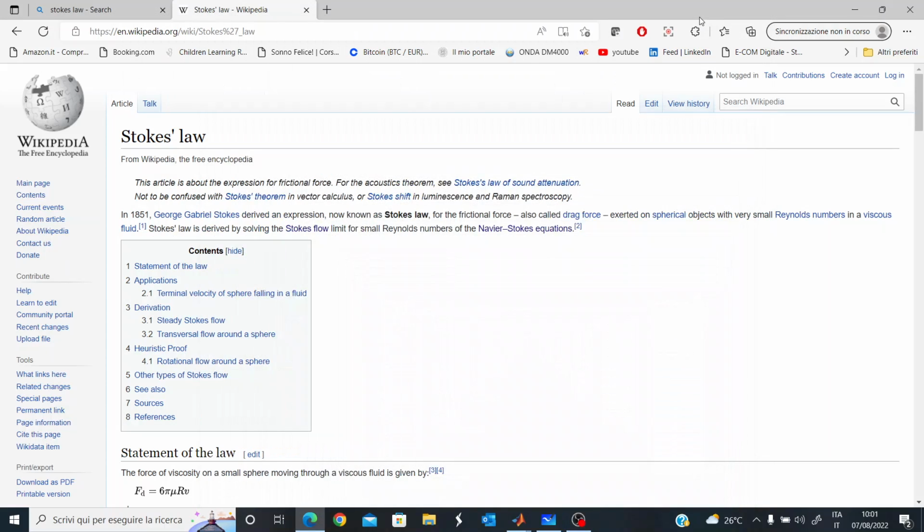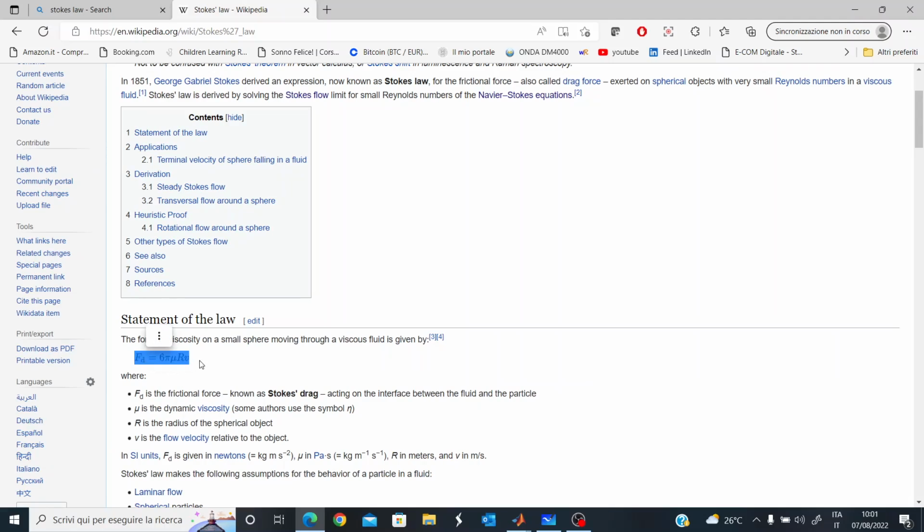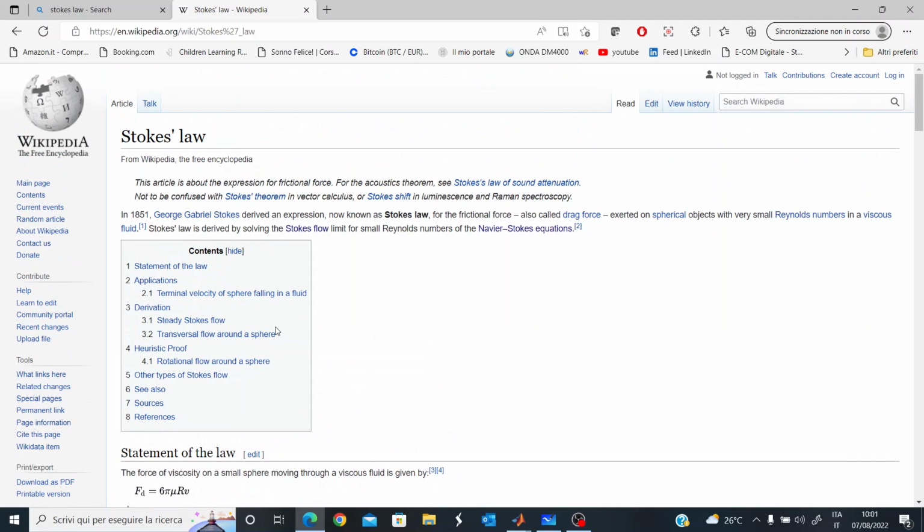I want to derive this famous formula, which is also known as Stokes' law. In particular, this is the formula Fd equals 6 pi mu Rv. And we are talking about the frictional force acting on a spherical object. So you can think of a sphere, and we have very small Reynolds numbers, which means that